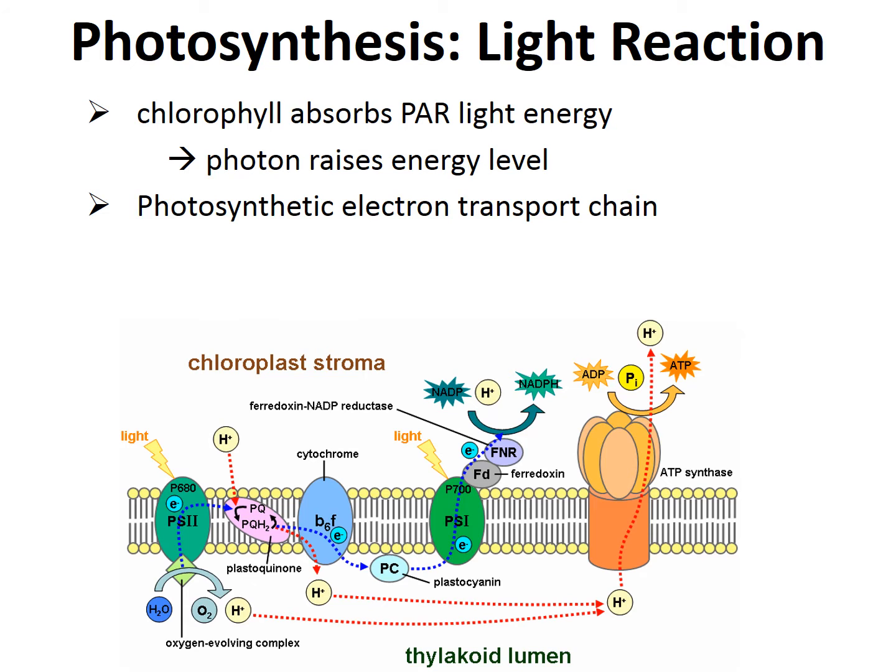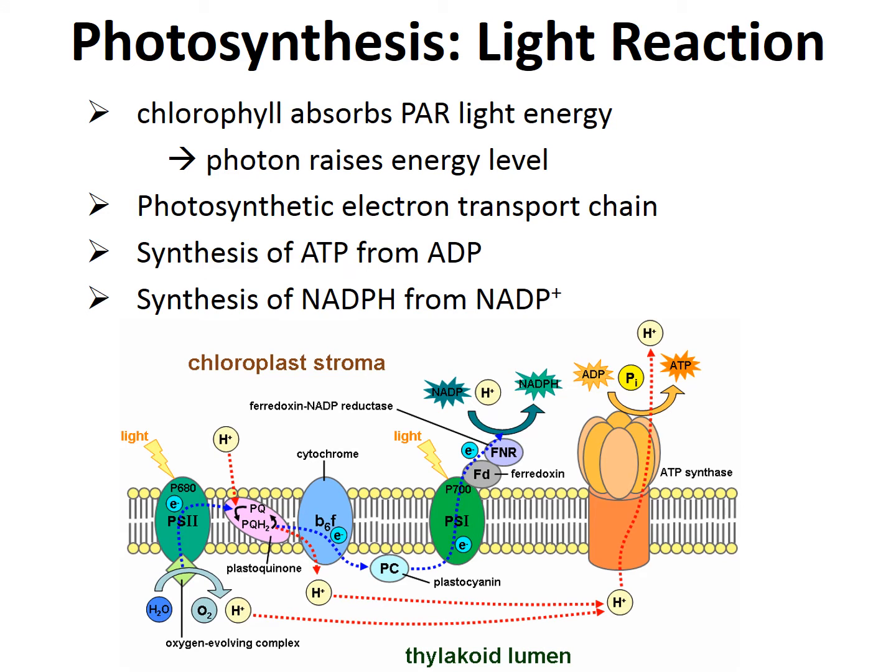This light raises the energy level of the photon receptors, which then kick off this hopping of electrons across receptors, much like the transfer of energy through an electric cable. Two outcomes of this electron transport chain that are critical to the production of glucose are the synthesis of ATP from ADP and NADPH from NADP+. These two molecules, ATP and NADPH, are required to fuel the dark cycle of photosynthesis, which is ultimately going to